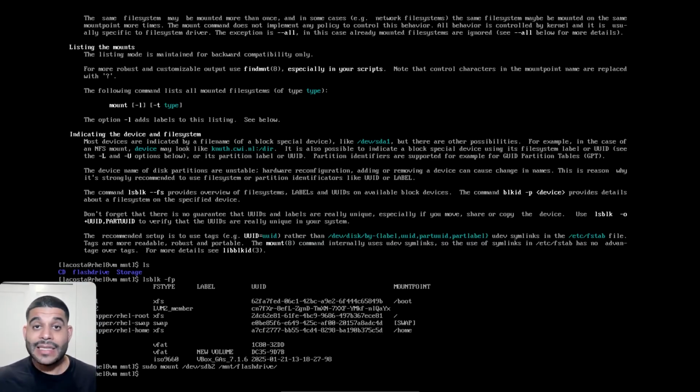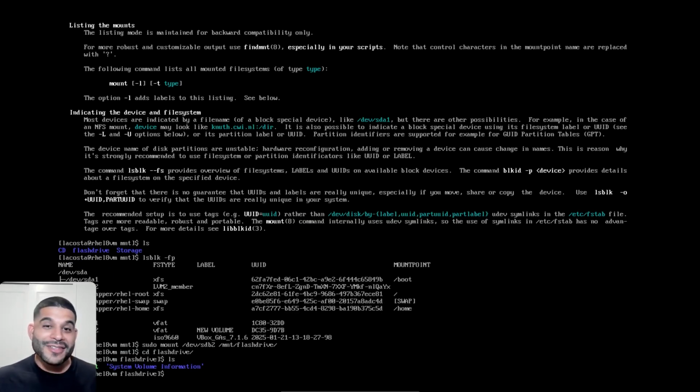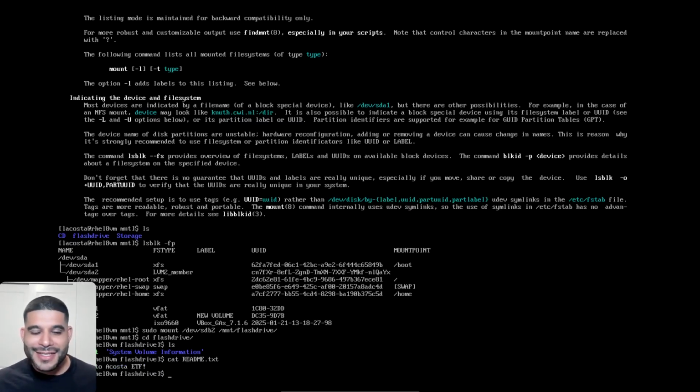So let's take a look at the contents inside of our directory, which is the flash drive directory. So if I were to go ahead and cd inside of flashdrive, and we take a look at what's inside, you can now see the README file that you could not see before. And if we were to go ahead and cat the README file,